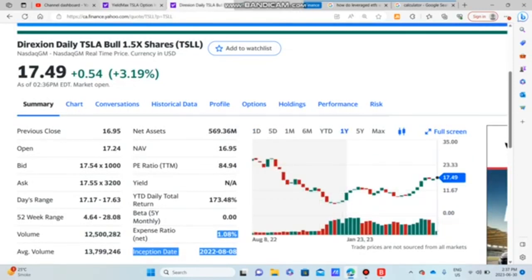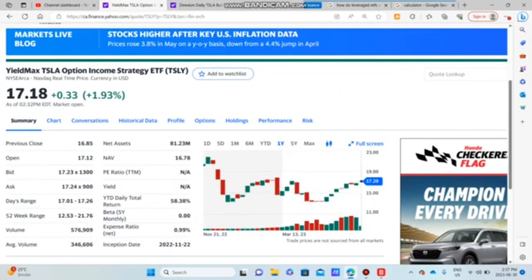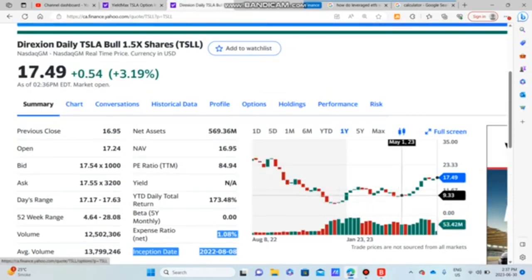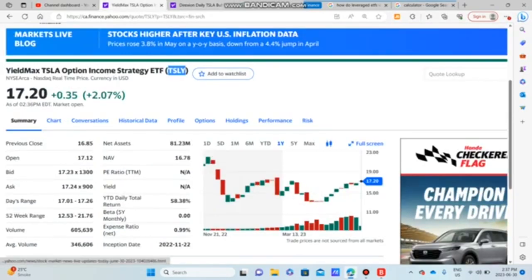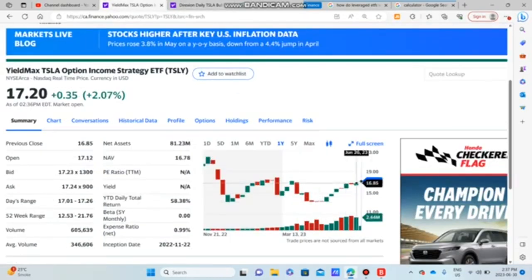So what I want to show you here is actually compare the two charts going back 1 year on both of them. You can see how TSLY was at about $13.30 down here on May 1st, and TSLL on May 1st was about, we'll say, $9 or so. You could see they're currently hovering about the same price, both in the mid $17 range, but TSLL had a much greater run up. You could say a 50% better run up, because it started down here at $9 and went up to 17, whereas TSLY started at $13 and ran up to 17.